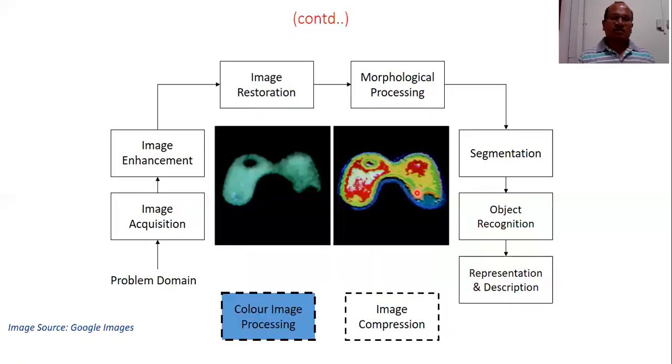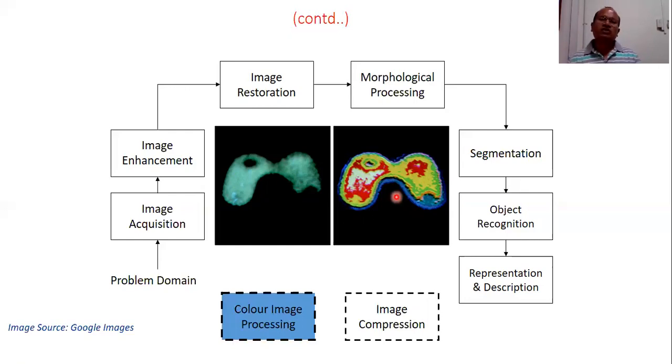Finally, there is a component called color image processing. What is color image processing? You can see the picture, it is very clear. See the first picture and see the second picture. So in color image processing, color images are studied, and we can also create color images in different color formats, color domains. If you compare these two images shown in the figure, that is the slide, you will find that in the second image, there are some different colors which are highlighting specific regions.